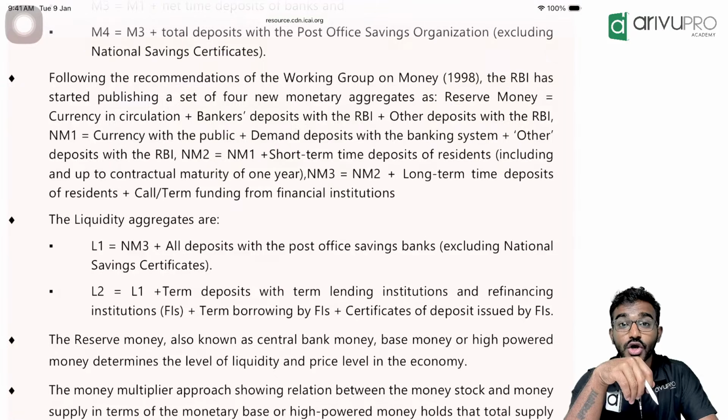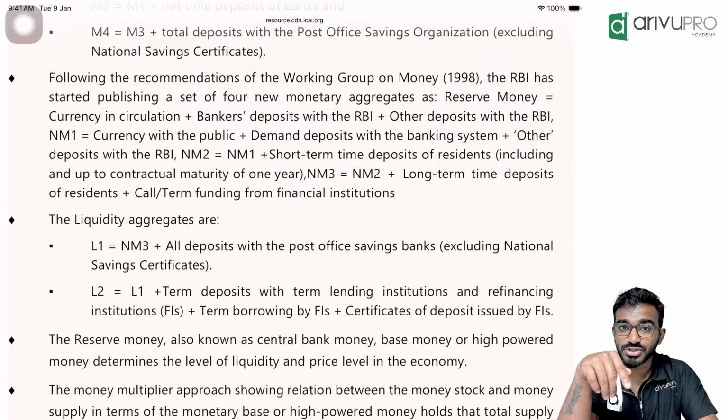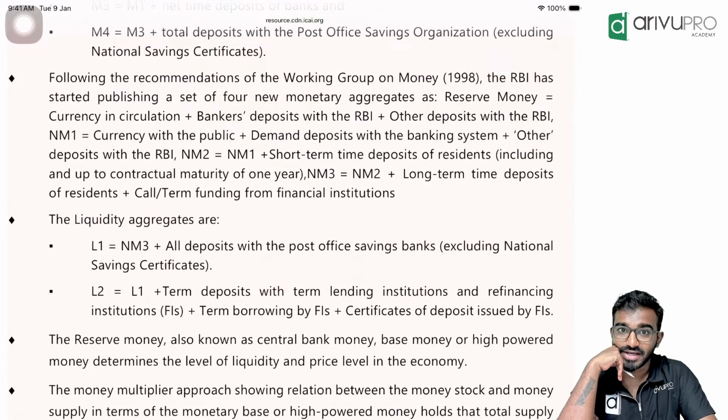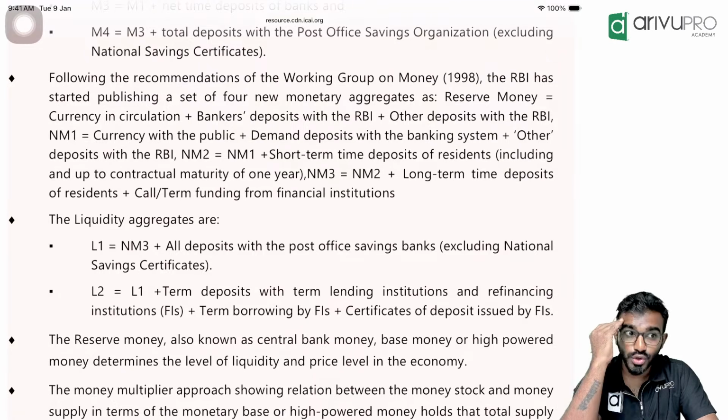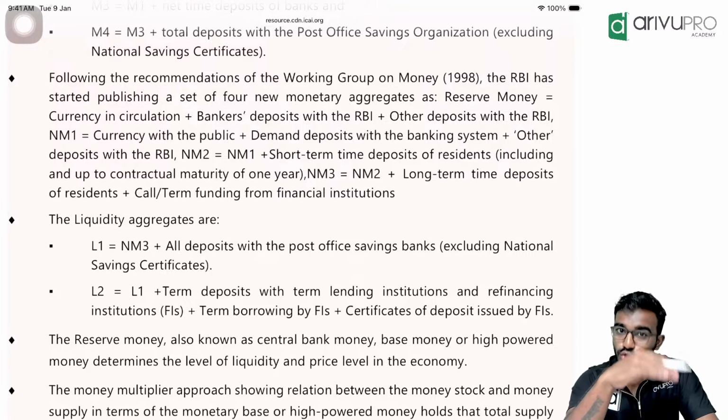In chapter 9 also, cross rate, exchange rate mechanism, and the concept of CRR and SLR that was given by the Narasimhan Committee, there was one question from the summary. So sometimes the question will be picked from the summary. That's the reason after reading the ICAI material, you have to read the summary once like a newspaper. So in this concept, NM1, NM2, NM3, L1, L2, along with reserve money, at least you should know the formula. They may give a reserve money calculation. ICAI may decide to spoil your happiness for just 1 or 2 marks, and they may ask it from this area. So at least go through it like a newspaper once.